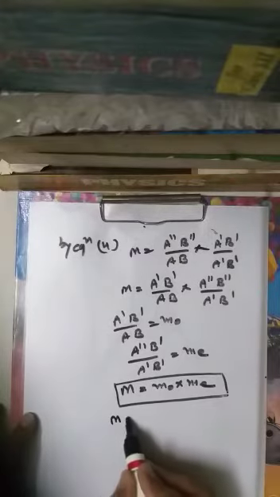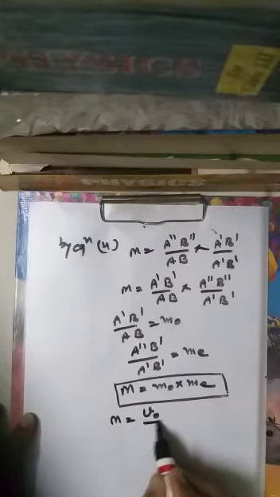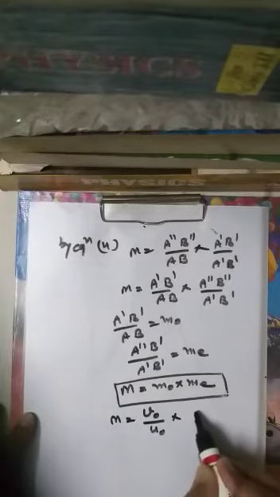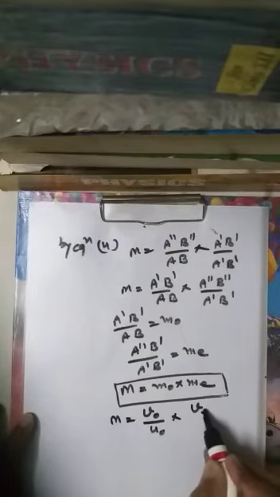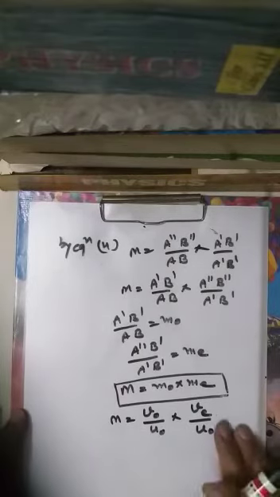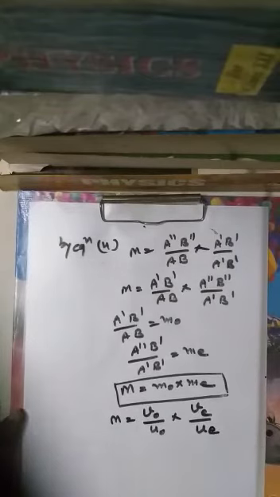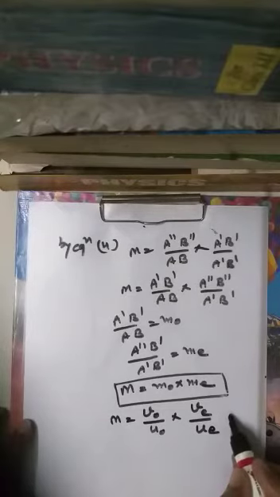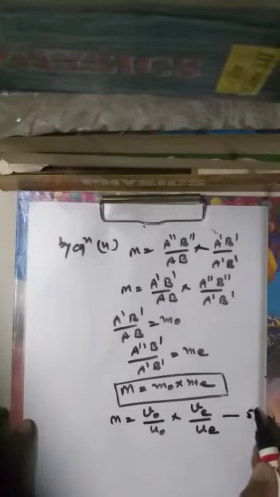Now we put this magnifying power in terms of u and v. So vO is the image distance of the objective lens, uO is the object distance of the objective lens, vE is the image distance of the eye lens, and uE is the object distance of the eye lens. This comes in another relation, equation number 5.